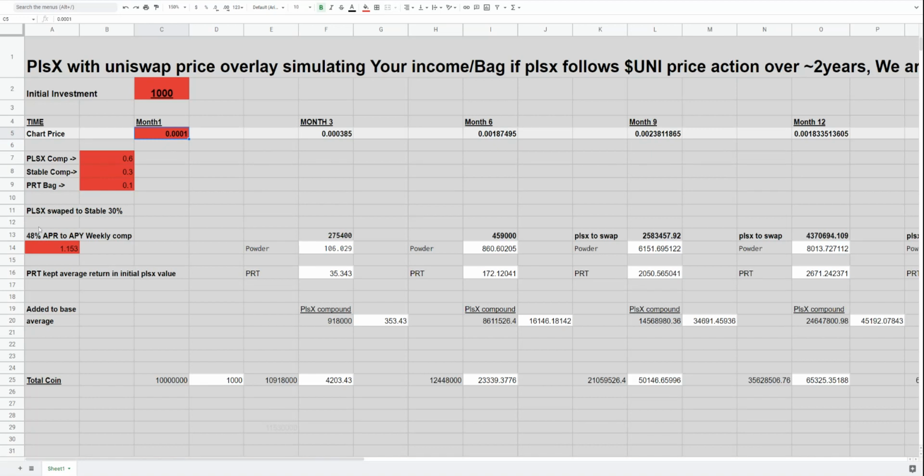Also, we're using a 48% APR with weekly compounding. There are really easy APR to APY calculators on the internet. You can type in 48%, choose the amount of compounding, and that'll give you what your APY yearly will be. I think this one was roughly